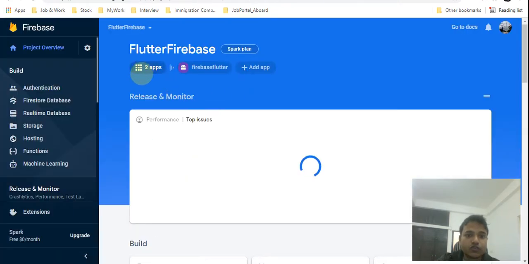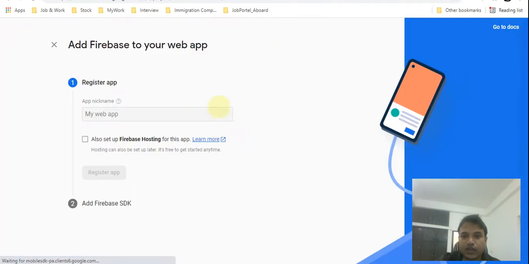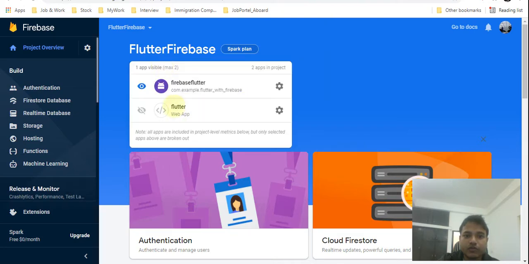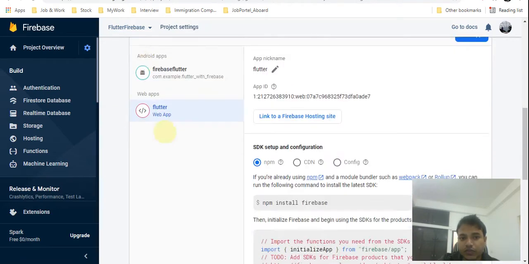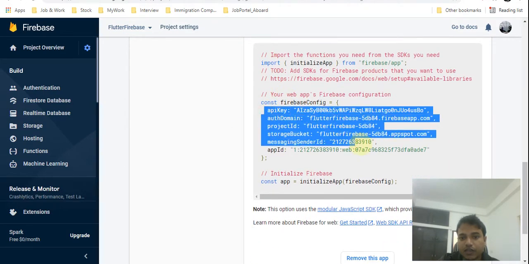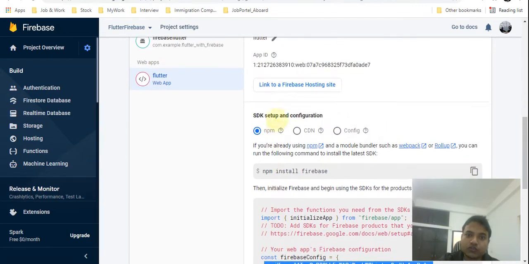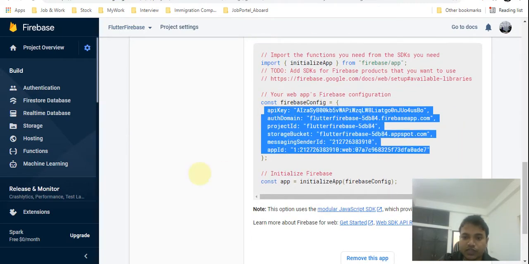So what we have to do, once you get here, click on add app, and because we have done the setup for Android, go to web, and here you have to add the web application. You can see your web apps here that are already added. Once you set up the web application in Firebase, you can get app keys and this configuration. You will have to use this in your Flutter application, depending on your requirement and the dependency that you use. So I'm just letting you know that sometimes you have to create the web app, and this file you have to use in a Flutter application to make it run easier.